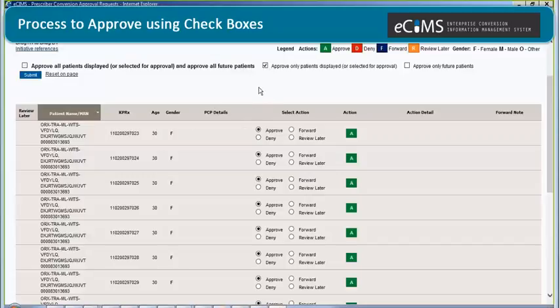Alternatively, you can use the second checkbox. This will only approve the patients displayed on the page. Any future, you need to take those actions. The last checkbox will approve only future patients. So this allows you to take individual action on the currently displayed patients, but any future ones will be automatically